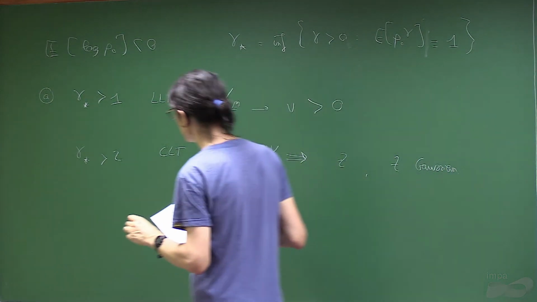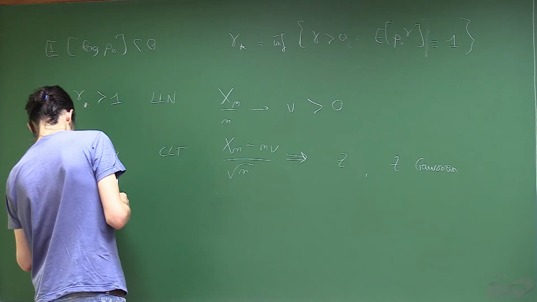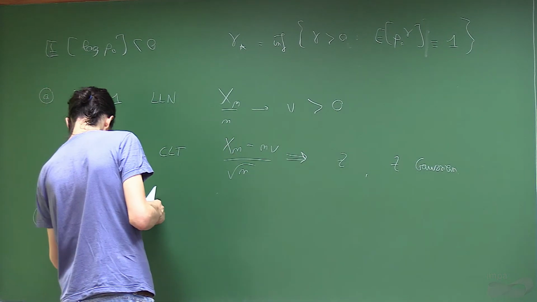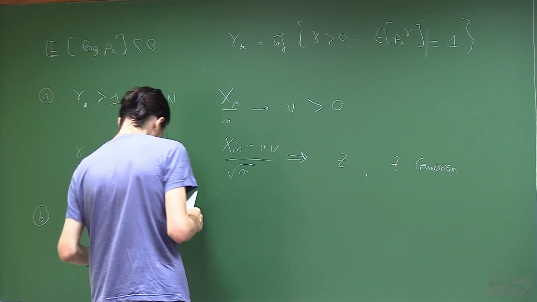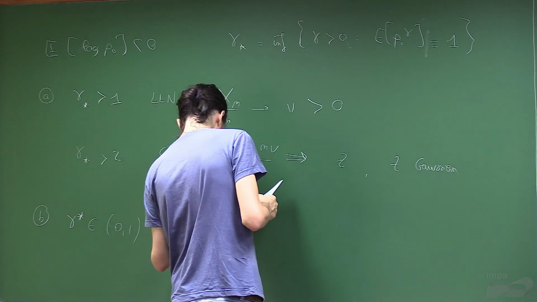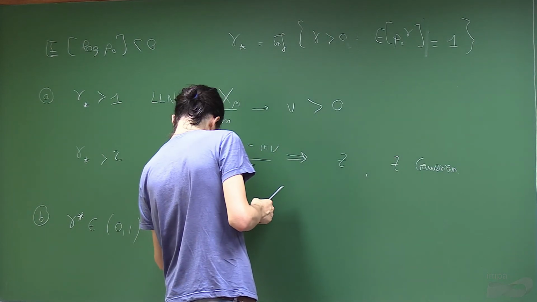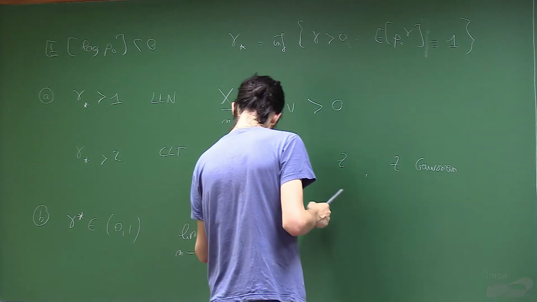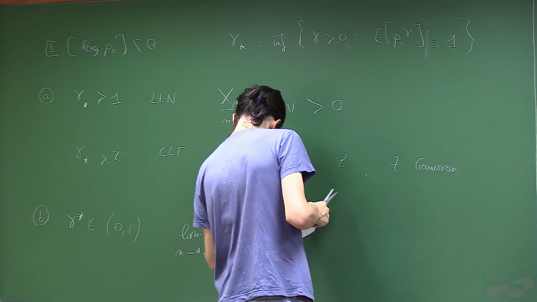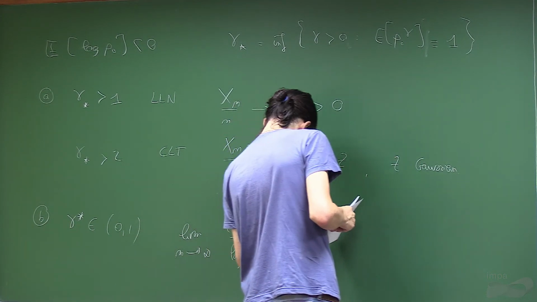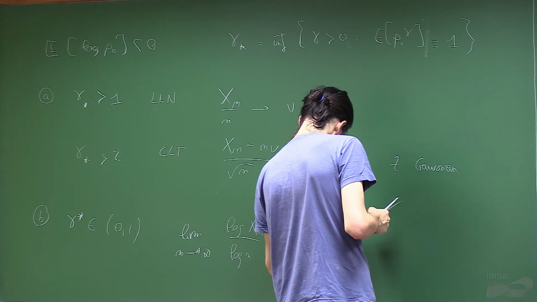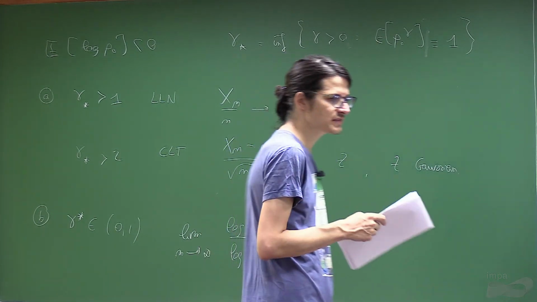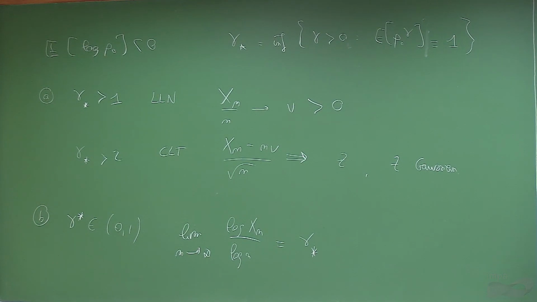And finally, what we saw yesterday is that when gamma star is in (0, 1), the limit when n goes to infinity of log Xn over log n is equal to gamma star. Just to emphasize, we have not treated the boundary cases, and we have not looked at the limit of Xn over n to the gamma in the last case, but apart from that,